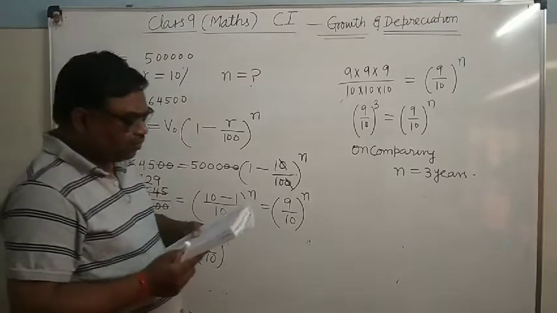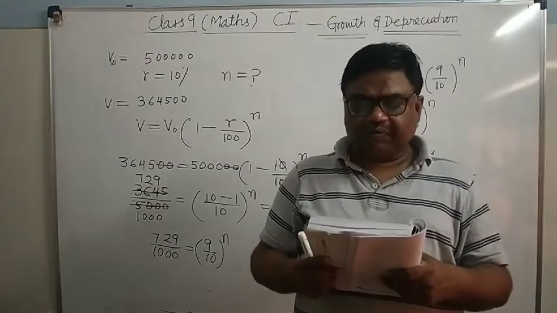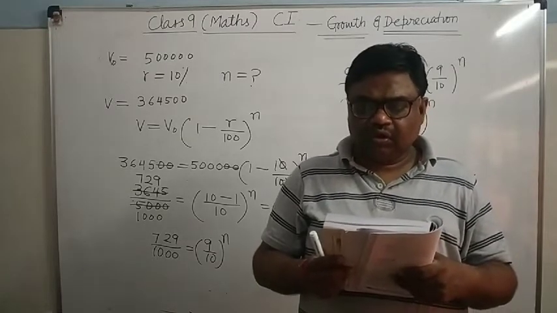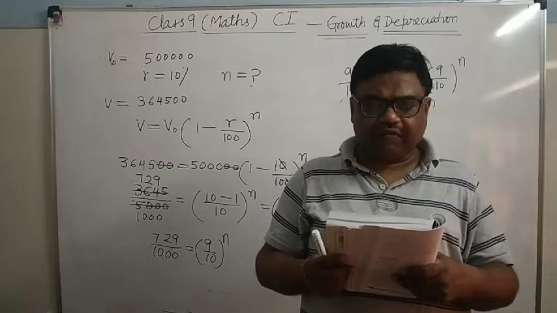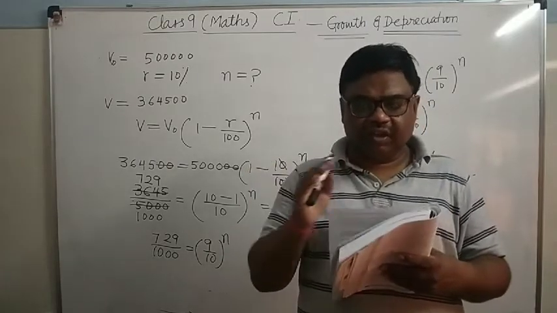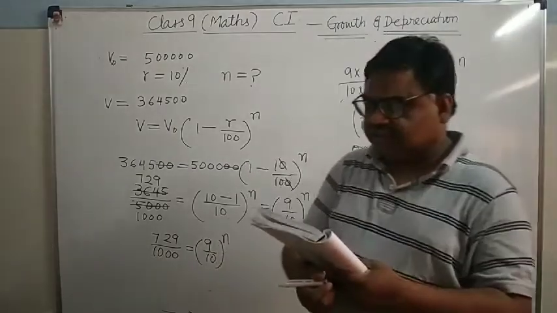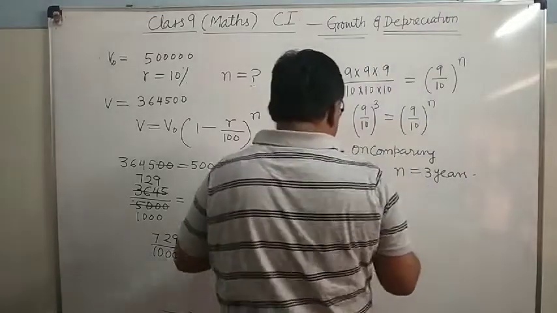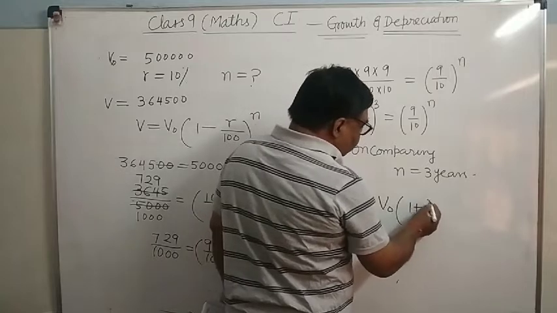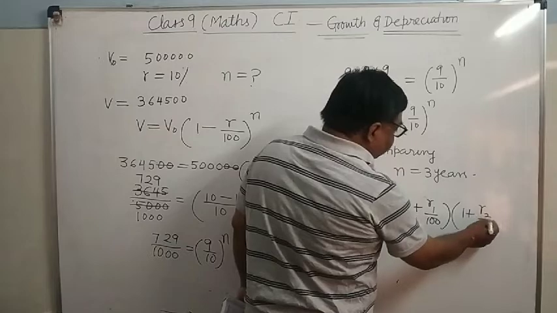Question number 12 I will not do here. Mahindra set up a factory by investing 25 lakh. During the first 2 years, its profit was 5% and 10%. Means instead of having the same rate of profit, there is a different rate. If each year the profit was on the previous year's capital, calculate its total profit. So you will use this formula: V = V0 (1 + R1/100)(1 + R2/100).